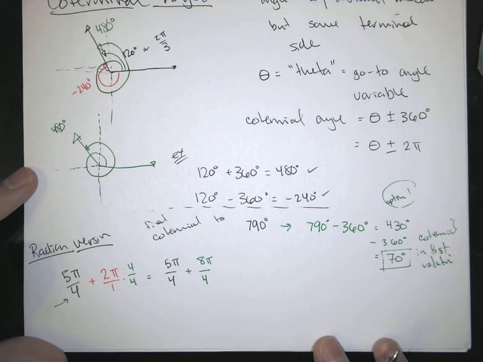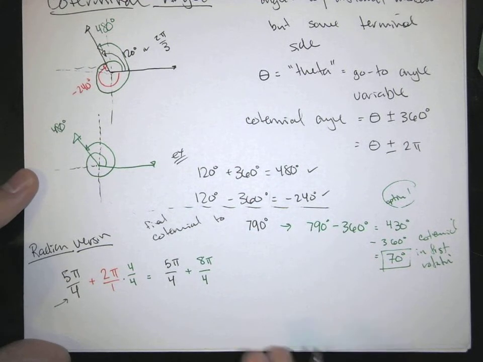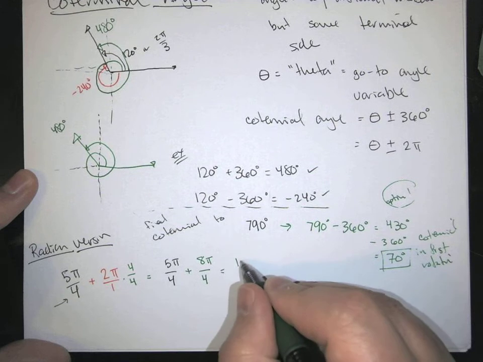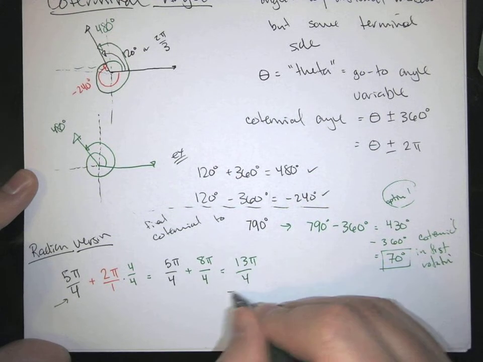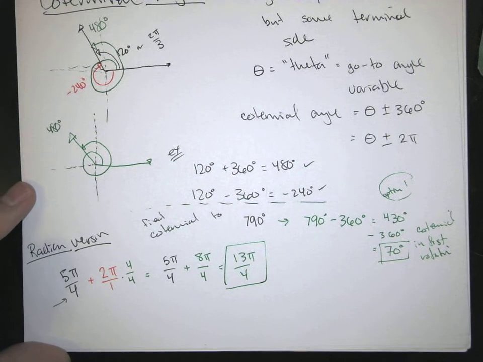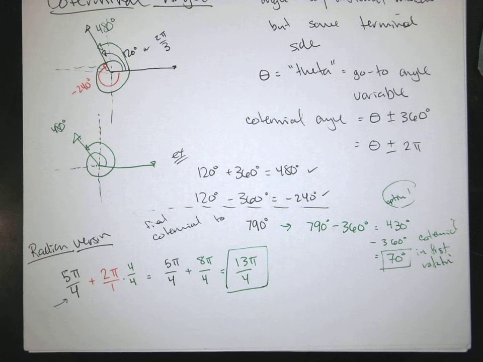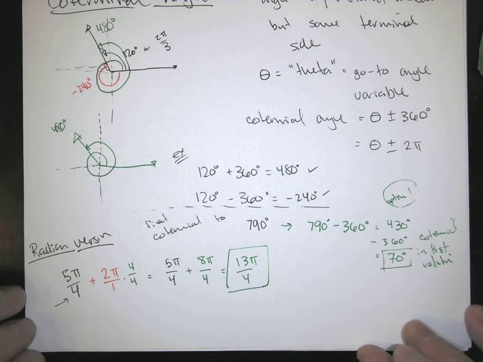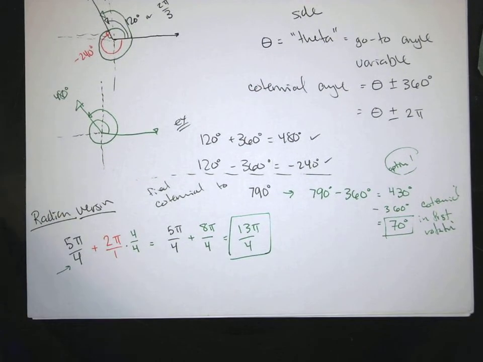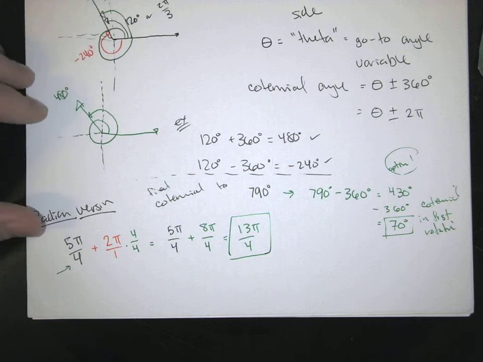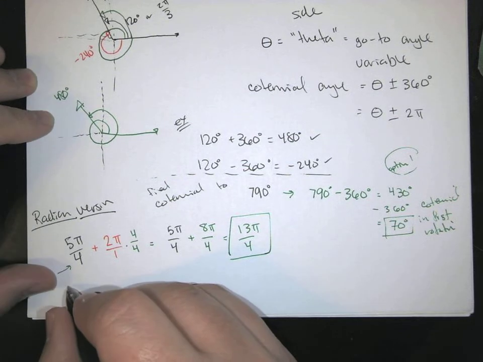Part of what happens here, because almost all of these angles are in terms of pi, is we're really just working with the numbers. The pi's are just along for the ride. 5 pi plus 8 pi is going to get us to 13 pi over 4. And that's the basic idea, right? You could do the same kind of thing if we started with a bigger angle. Maybe something like, I don't know,